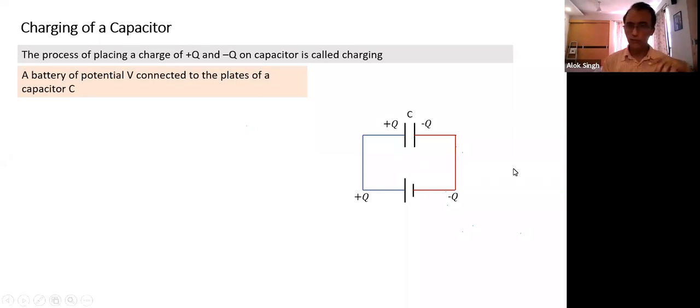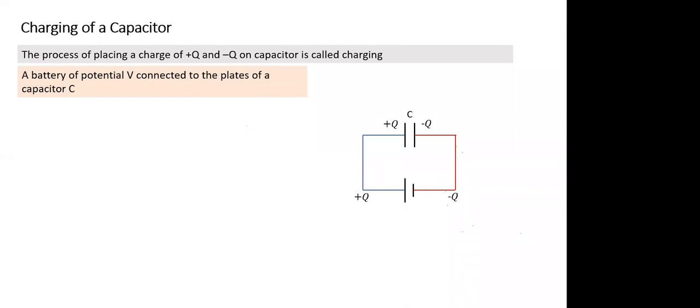Again, I'll give you a hint: even the battery plate can be considered a conductor. That's why the charge is flowing. When we connect, the blue wire also is a conductor, and even the red wire is a conductor. What will happen if I connect this? In simple terms, the battery is connected to the capacitor. What will happen if I connect a battery of potential V to a capacitor of capacitance C? Anyone? What comes to your mind? Sir, an equal amount of charge should flow from the battery. Why would charge flow from the two terminals?